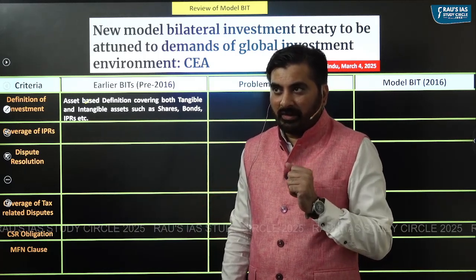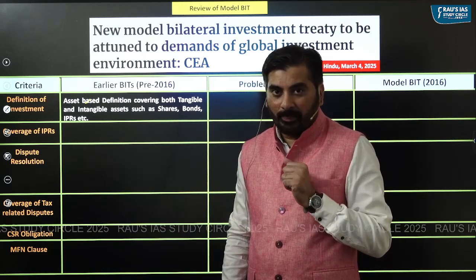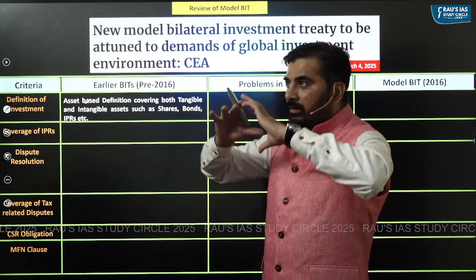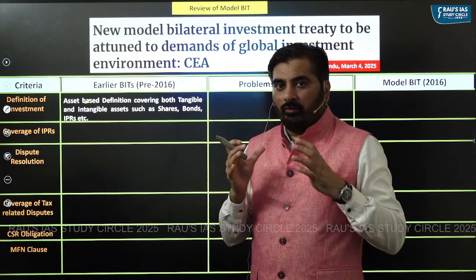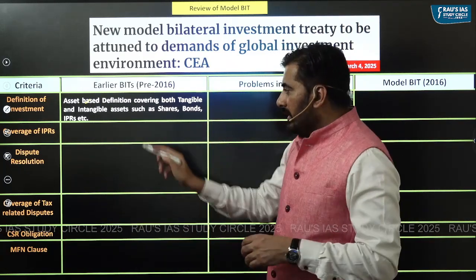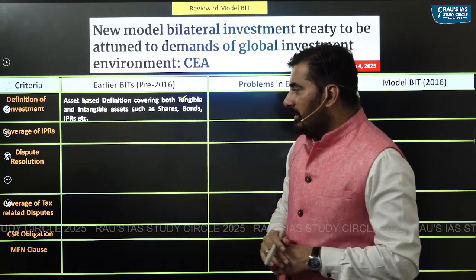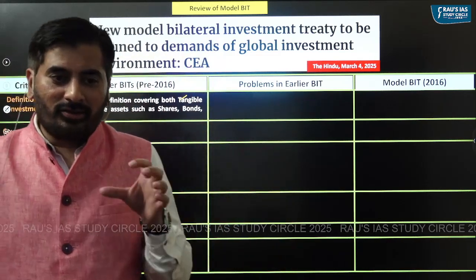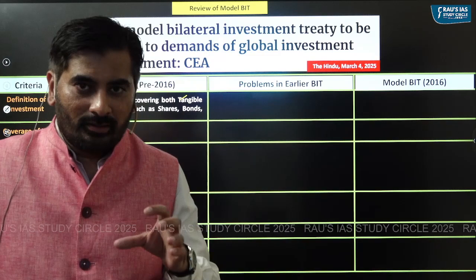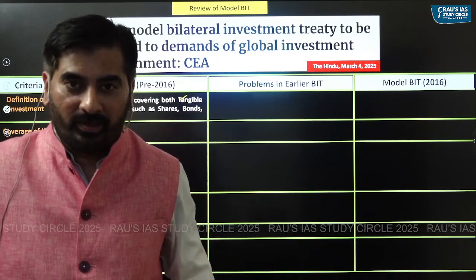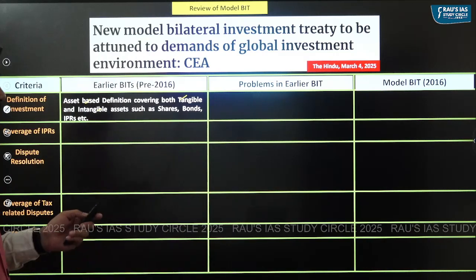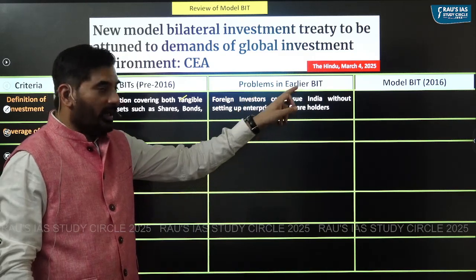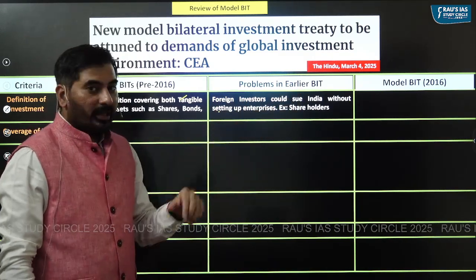What can be intangible investment? Let's say shares, bonds, patents. These are intangible investments, right? So earlier, the definition of what kind of investment would be protected was very broad based, which covered both tangible investment as well as intangible assets. What was the problem? The problem was the definition of what would be covered under the BIT was very broad, very comprehensive, which enabled the foreign enterprises or foreign investors to sue Indian government without setting up their physical presence